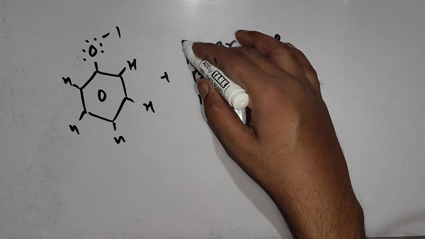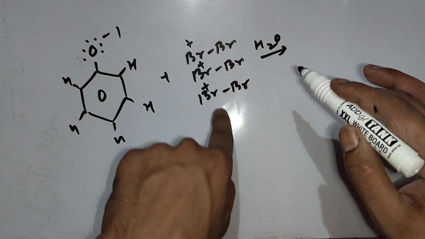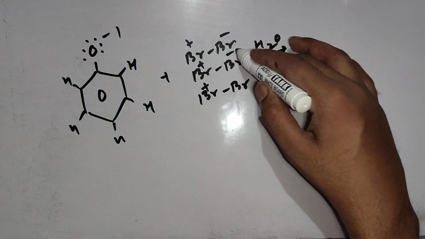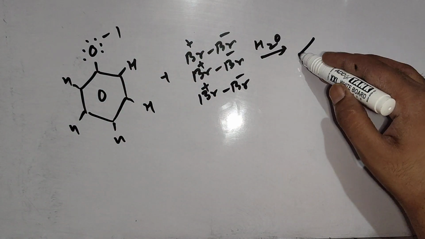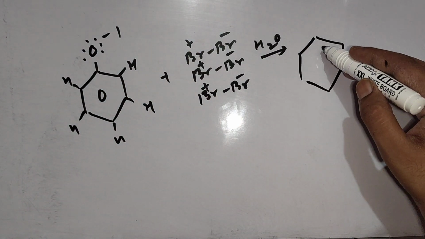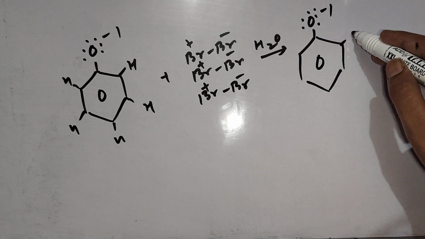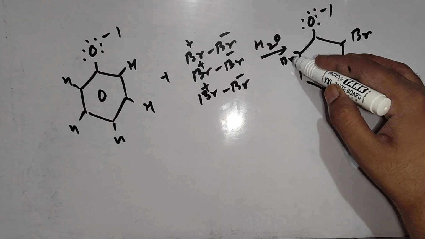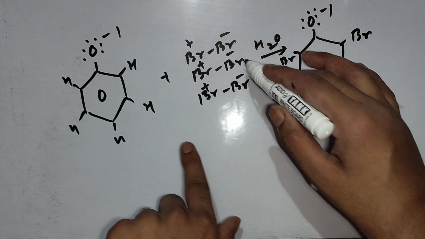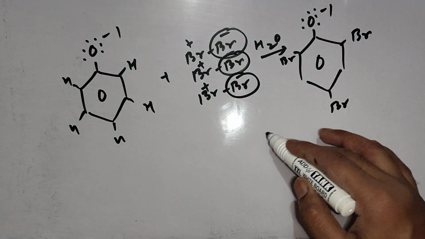Out of these three, one bromine atom will be positive, the other will be negative. These 3 brominium ions will join on 2 ortho positions and 1 para position, one by one. Mechanism already discussed. Like this. And 3 hydrogens will be substituted, which will combine with these negatively charged bromine to create